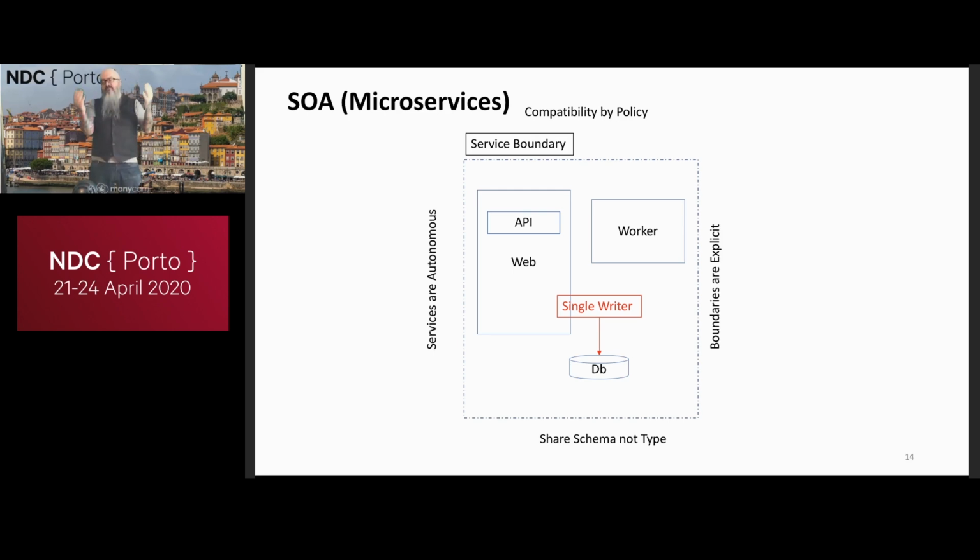Now, I also release everything inside the boundary together on a monolith, but here my system consists of a number of smaller pieces called microservices that are independently deployable, which means that actually I'm deploying a smaller part. And generally, a team is quite often oriented to owning a microservice. So the team now controls its own release cadence, and we get into great ideas like products, not projects. We'll skip schema, not type, and compatibility, not policy, because it's not important to this conversation. But we own and we're the single writer of that data. Nobody else can write that data. They have to come through our API to do that.